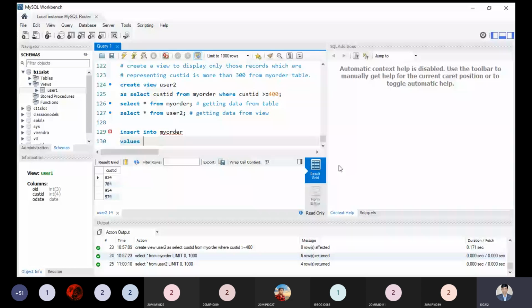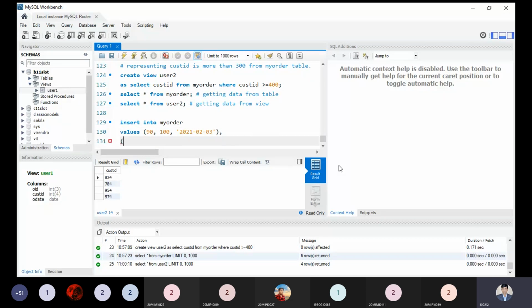What is the order we have? That is an order ID. I am taking 90, and here I am taking one order ID, 100, and for the order date I am taking one. The next value I am adding is order ID 7, something like this, and next I am choosing 600. 600 is bigger than 400 or 500, and 100 is lesser than that.